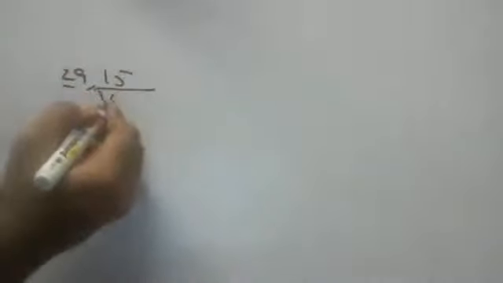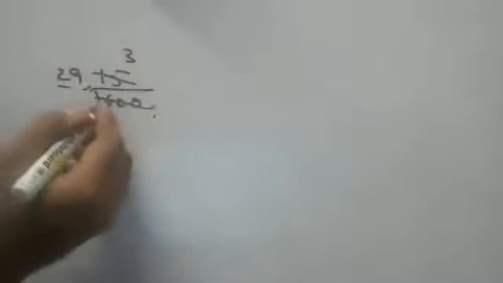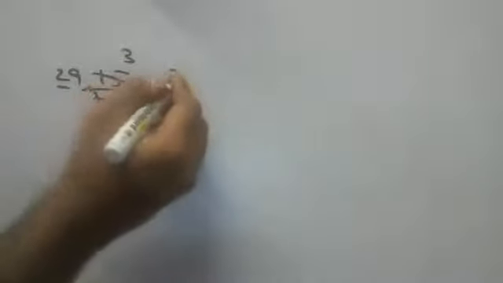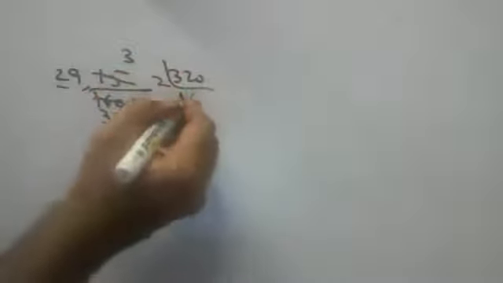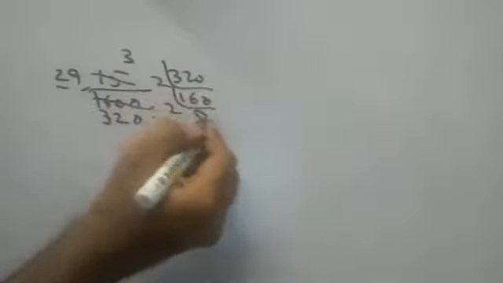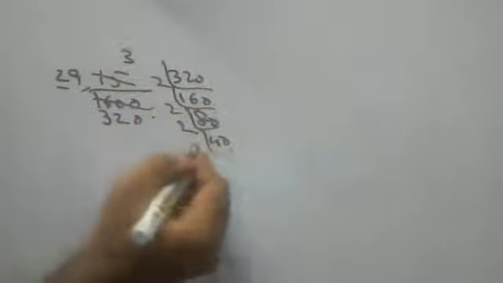Okay, 28 sums I told you, children. The 29th sum I'm telling you: 15 by 1600. Yesterday only I told. Before proceeding to the sum, compulsory you have to simplify. Without simplification, never do the sum. 5 3s are 15, 5 320s are 1600. Prime factorization of 320: 2 160s are 320, 2 80s, 2 40s, 2 20s, 2 10s,